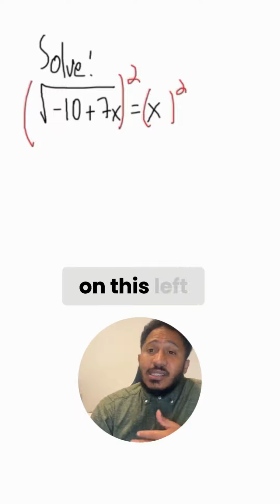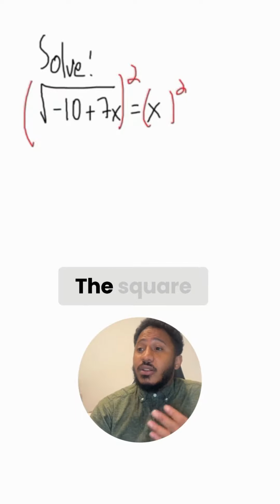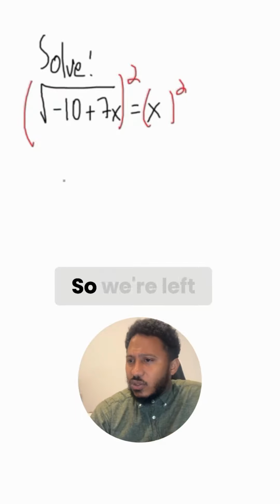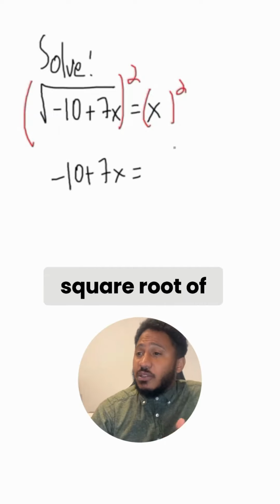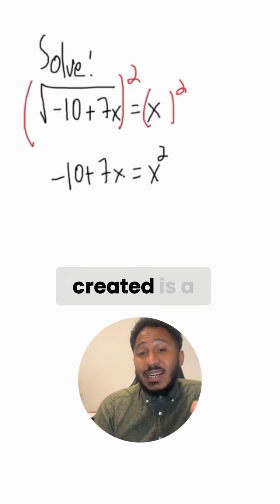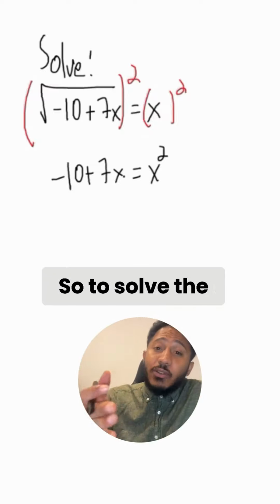Now, what that does on this left side is it gets rid of that radical. The square root and the square cancel each other out. So we're left with just negative 10 plus 7x. And then on the right side, squaring this right side, we get x squared. But now what we've created is a quadratic equation. So to solve the quadratic equation,